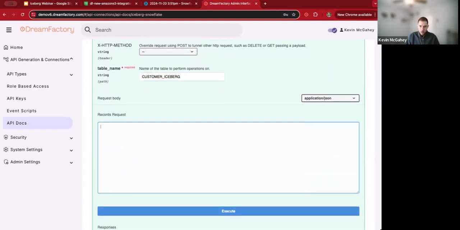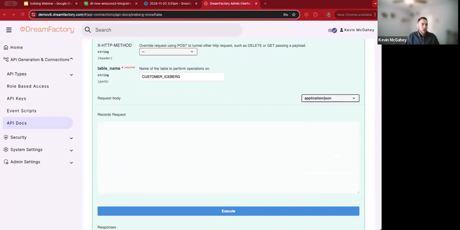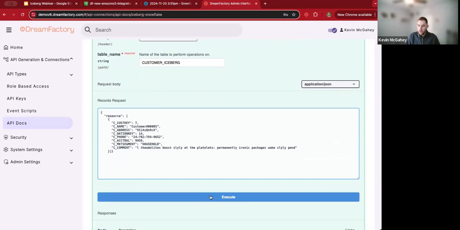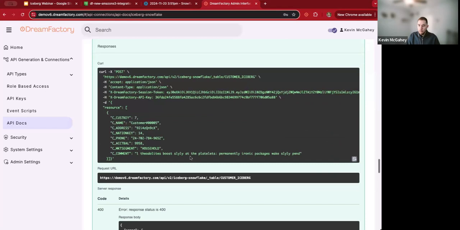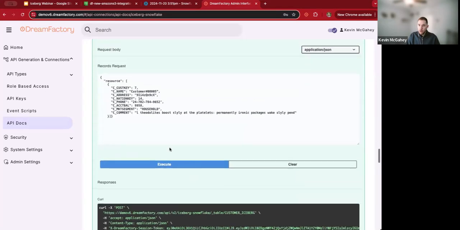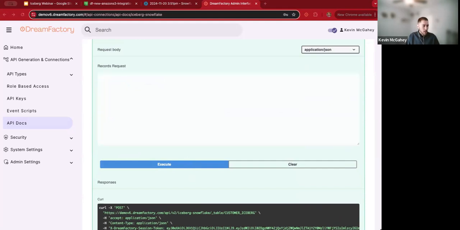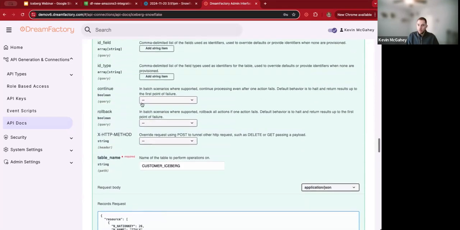And in my JSON request, I will add in the full resource. I'll add in a new customer key of 5. And I'll actually change this to 7 for an example. I will execute that. And we see there is no records in that request because the formatting is a little bit wonky here. So I'll instead take this and we'll take a look at the